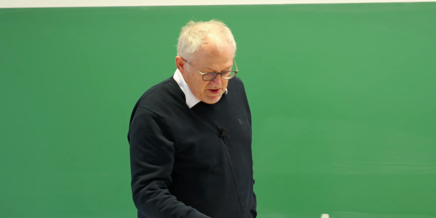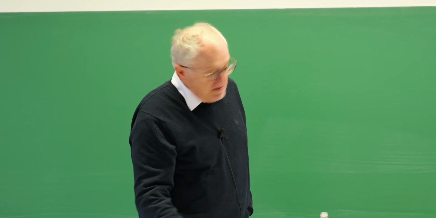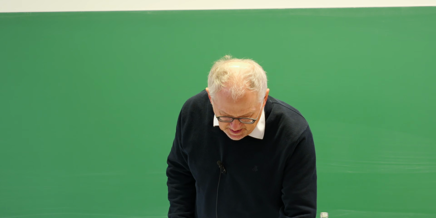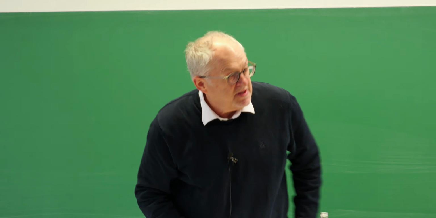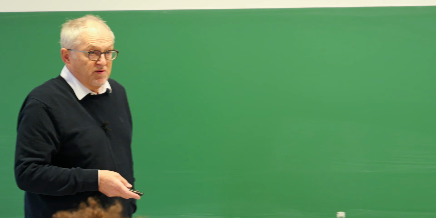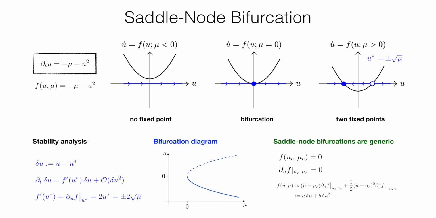I started out with a very simple system, namely just a one-component ODE with only one parameter. So remember, this was the normal form of the equation that we studied. And basically, what you do is you study how the flow changes of a parabola as you go with the parabola from a situation like so, where there's no intersection and the flow is just to infinity,